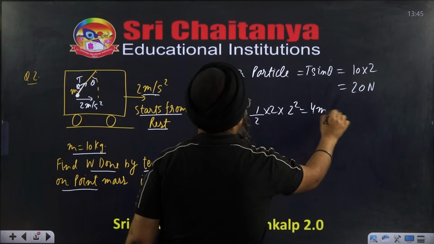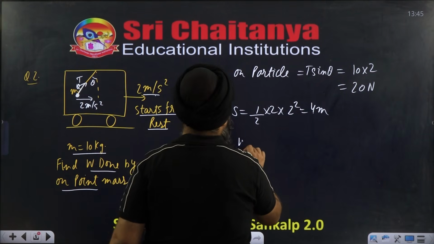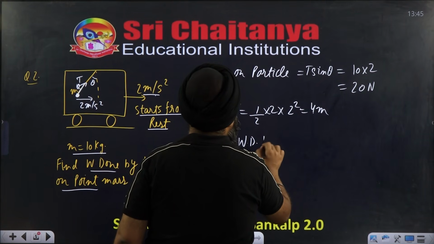So displacement will be 4 meter. Now I have got displacement also and I have got the horizontal force also. So what is the work done by the tension? The work done by tension